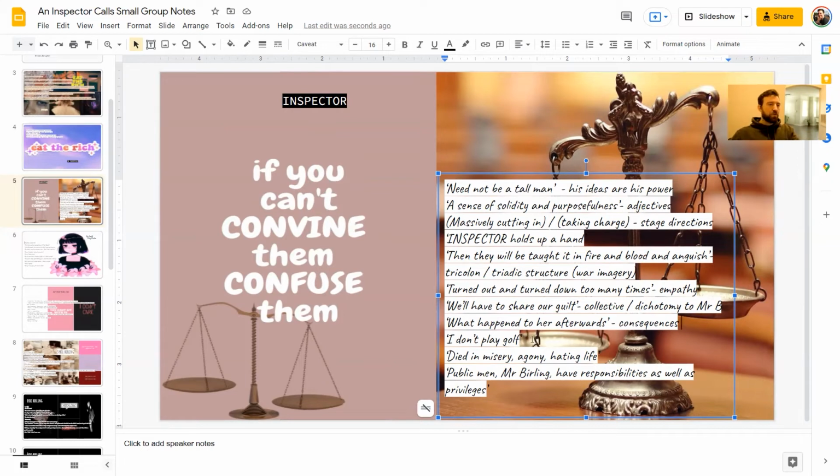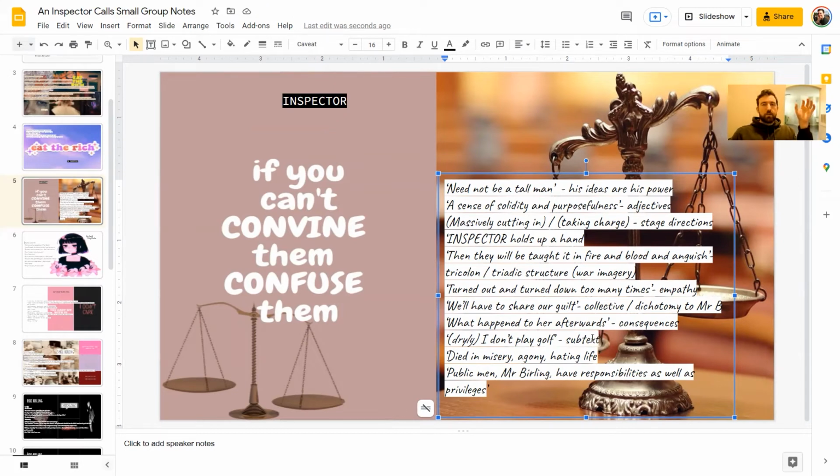One of my favorite quotes in the entire play: I don't play golf. And actually I should add, there's a stage direction before this. He says this dryly, I don't play golf. So this is what we call subtext. The subtext of this is the fact that